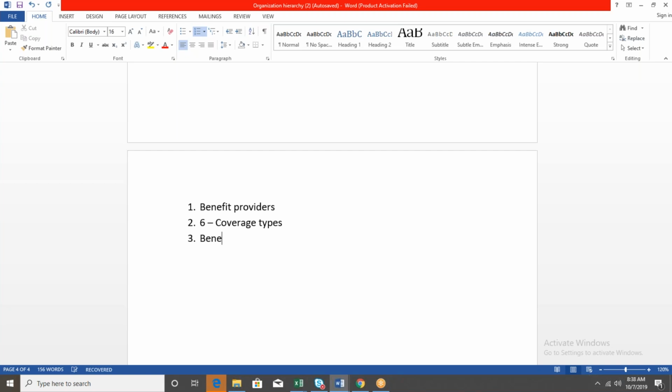Then we'll create benefit groups. Benefit groups are nothing but grouping employees under one group, bringing all those employees under one group. It's mostly based on the country, active employees. Then after that, worker plan eligibility rules.